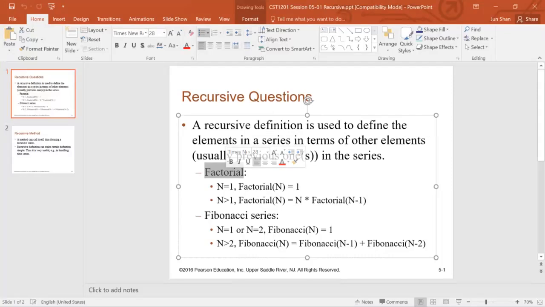Factorial can be considered as 1 times 2 times 3, for example, times all the way times n. This is a series of elements multiplied together. So for n equals 1, factorial n equals 1. For any n greater than 1, factorial n equals n times factorial n minus 1, which means we define this element, factorial n, by using the other elements in the series,